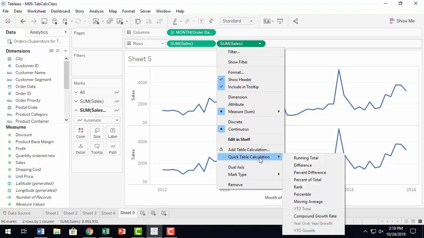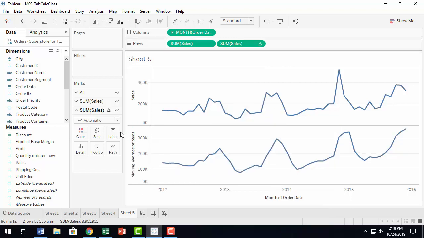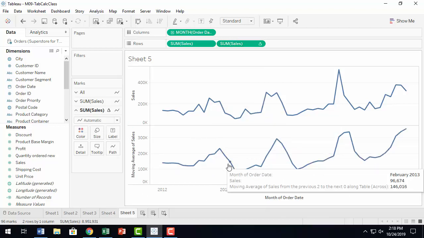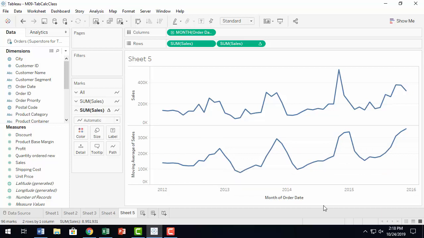quick table computation. Well, quick table computation will automatically select a particular time span for you. I think 2 is the default. Okay. But if you want to control the number of time periods you want to average, then you need to really do add table calculations. So let's see both. So if you select quick table computation, moving average, okay, it automatically sets up the moving average to be 2 previous